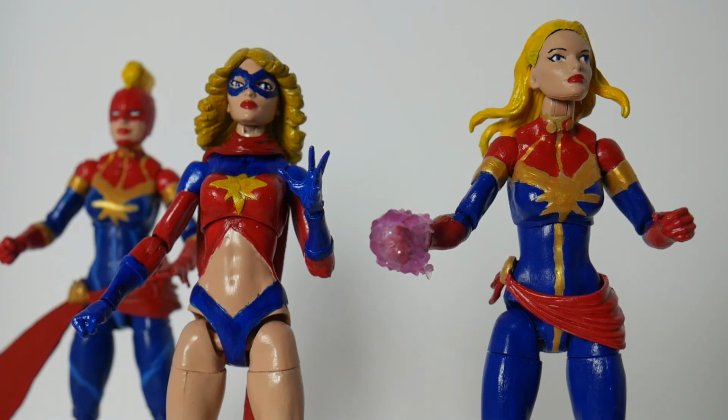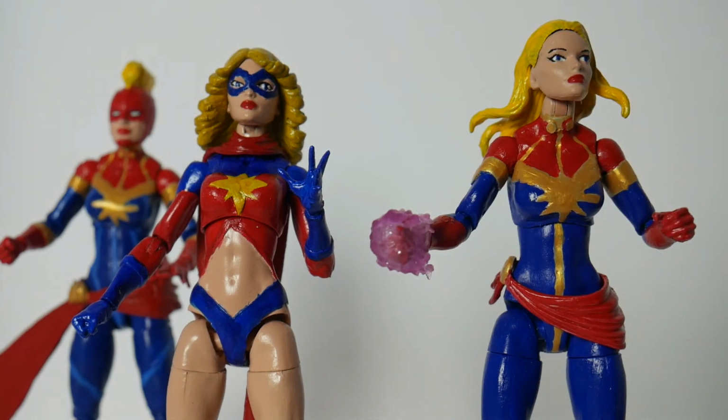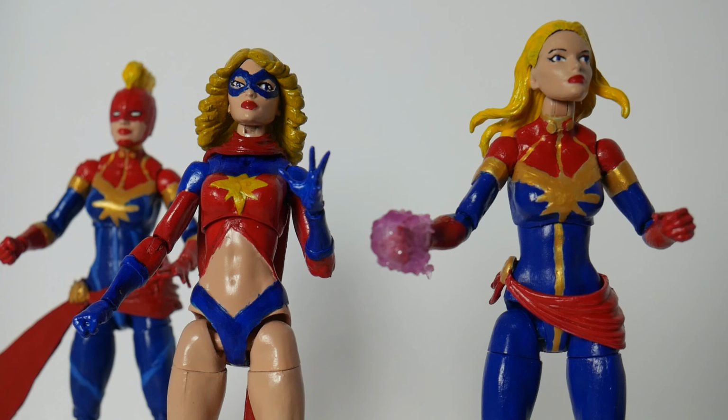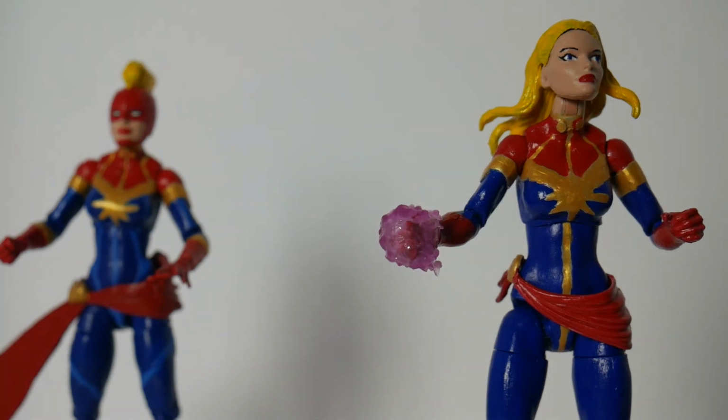So anyway, thanks for joining me. I do say that this is part of my Marvel vs. Capcom collection, so this one will go with the Marvel vs. Capcom collection. This one is going to go on the wall with my other flying characters, and this one will be standing up with all of the rest of the Avengers. So I'm pretty excited to have 3 different versions like that, and I will definitely be making more Carol Danverses